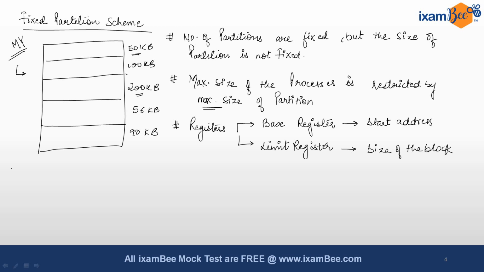Okay, here one of the consequence of this is the wastage of memory inside the partition. Suppose there is a process of, let's say, 30 kb. So we know that to feed a process of 30 kb we will be requiring 50 kb, because every other partition is more than of that size. So we can allow 30 kb of the process to use it. But as we all know, there will be 20 kb which will remain unused.